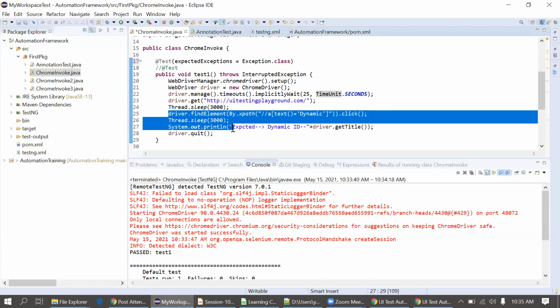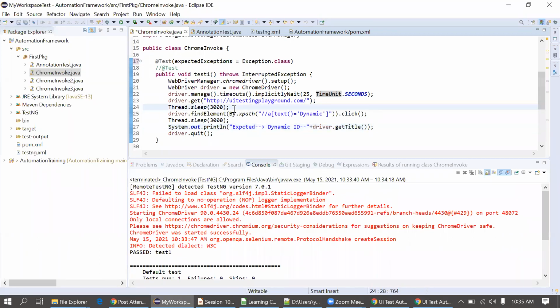My aim is not happening. Yes, that's why I told you we are not recommending this exception. We use try catch and throw. Suppose we are getting an exception, we can put a try catch block and print what kind of exception we are getting, and fail the test case. That's the expected one.